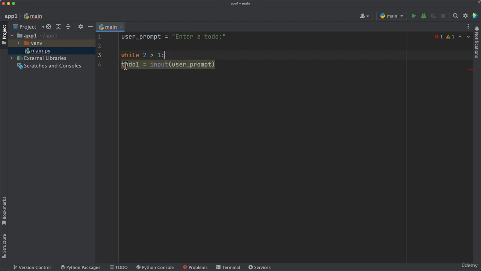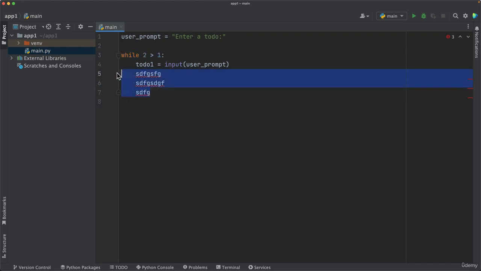And after the colon, you want to go here and press space 4 times. 1, 2, 3, 4. And that is known as indentation. So that part here for white spaces is indentation, and it is part of the syntax. So when you write this while keyword, all the code that comes down here is indented under that while keyword. So in this case,